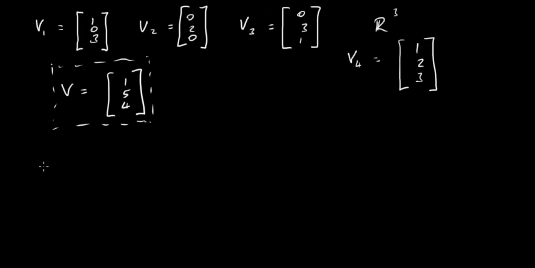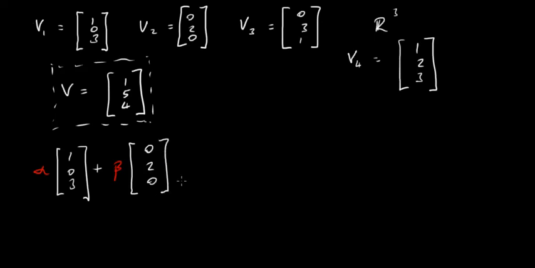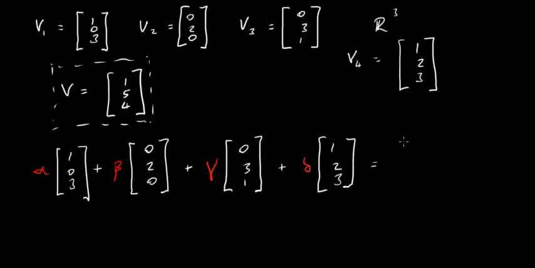We have alpha times v1, which is alpha times 1 0 3, plus beta times v2, which is 0 2 0, plus gamma times 0 3 1, plus delta times our fourth vector, 1 2 3,